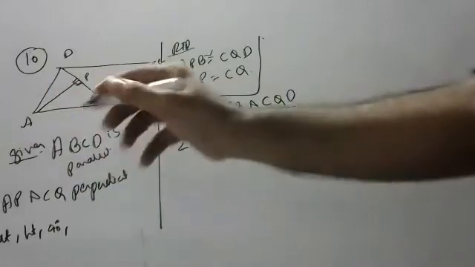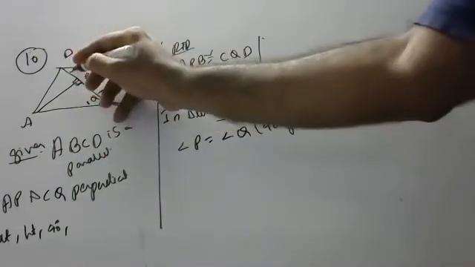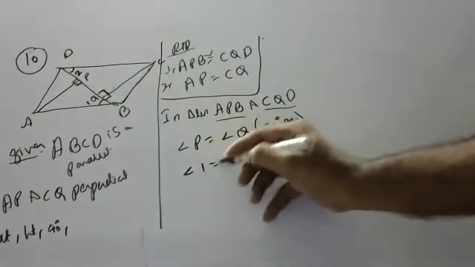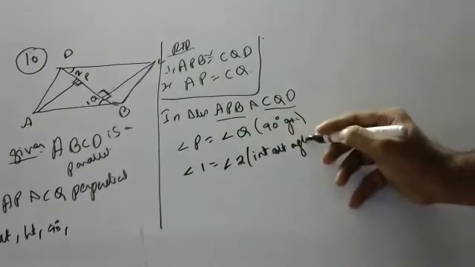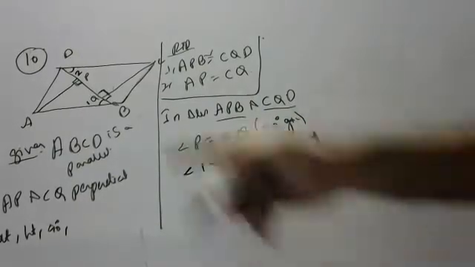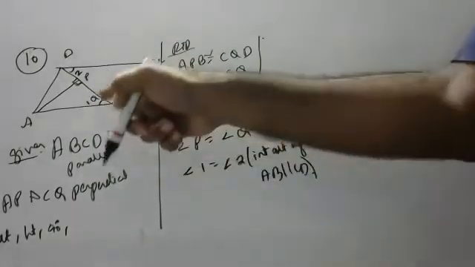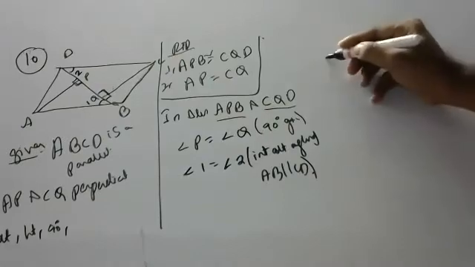I will say here is another. One more angle you want to say means angle 1 is equal to angle 2, you can say children. Angle 1 is equal to angle 2, interior alternate angles of AB parallel to CD. Children, AB and CD are parallel, so 1 and 2 will become alternate angles. Okay children? No sir, we didn't understand this.